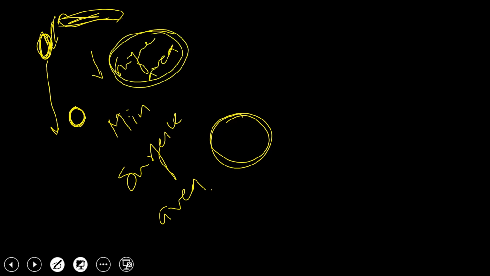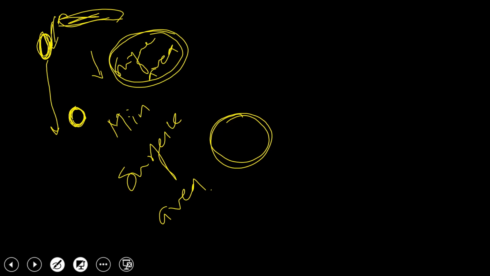When it starts falling, initially it will have some elongated shape, and when it reaches the earth's surface, it will be almost spherical in shape. The reason behind this is that the surface tension of the water will try to minimize the surface area,